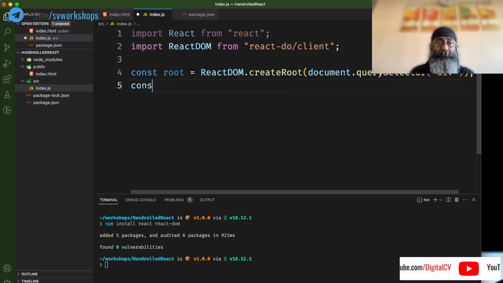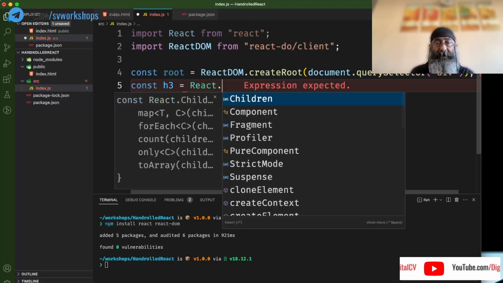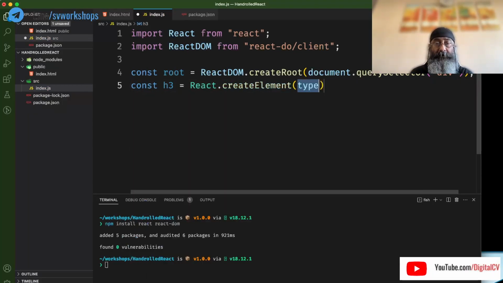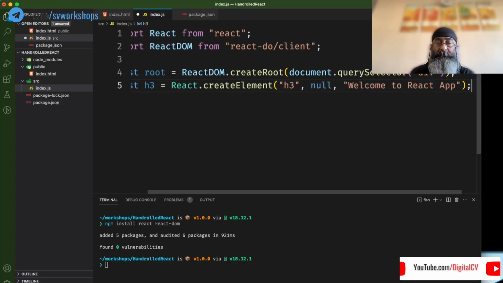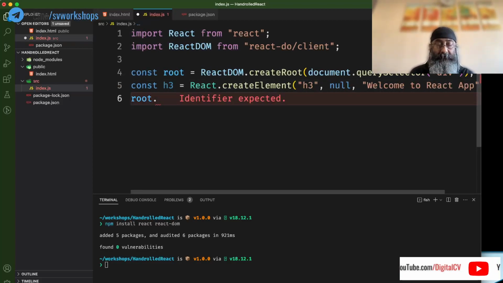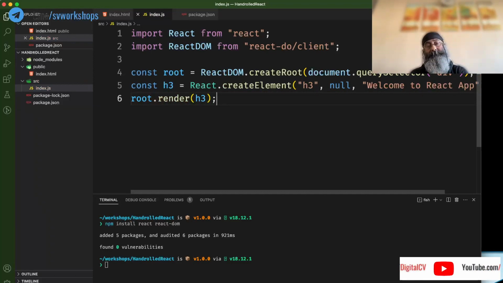Now we want to print something. So we will say React.createElement, create an h3 tag with no props and say welcome to React app. Now we can render this and it should appear. However,